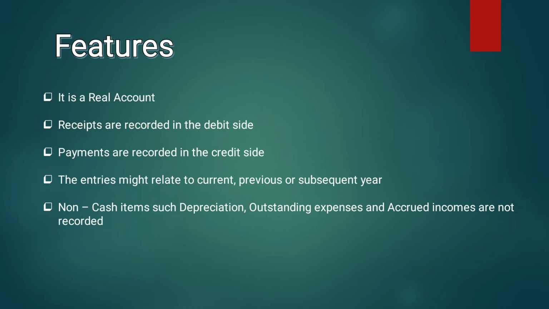First point we have, it is a real account. So already we know, right, all the balances of cash account we call it a real account. So the summary or the account prepared on the basis of cash is also a real account. So what is a real account? Basically it is an account that retains its ending balance at the end of the year. Correct? So it rolls forward its balances from the end of the year. So that is what we call a real account. For example, we have cash account. Since the receipts and payments account is prepared based on the cash book, it is also real in nature.